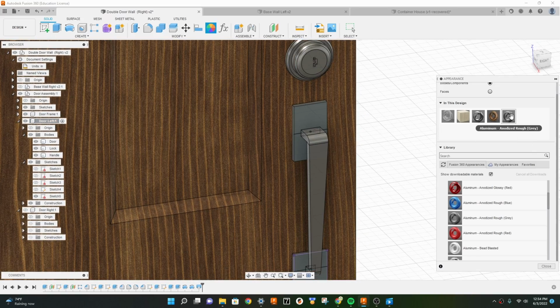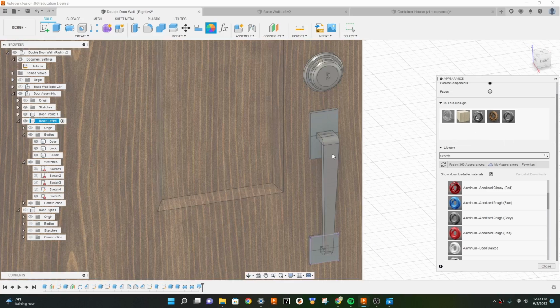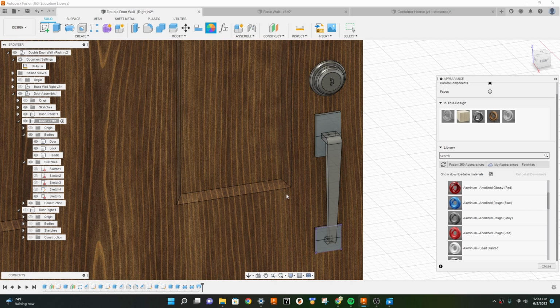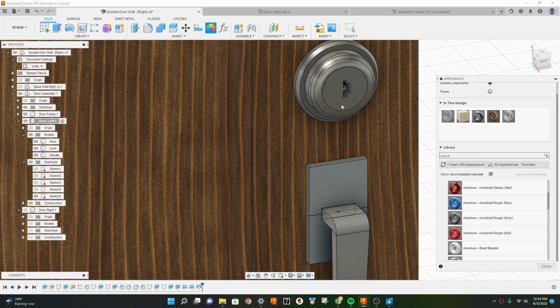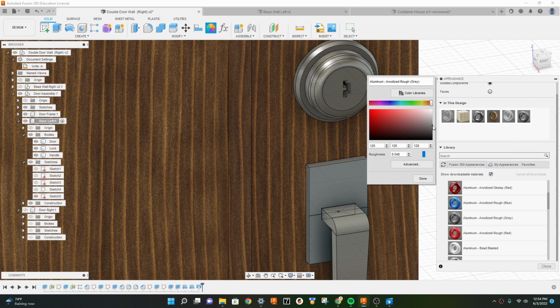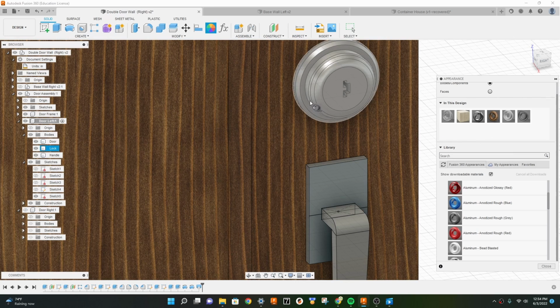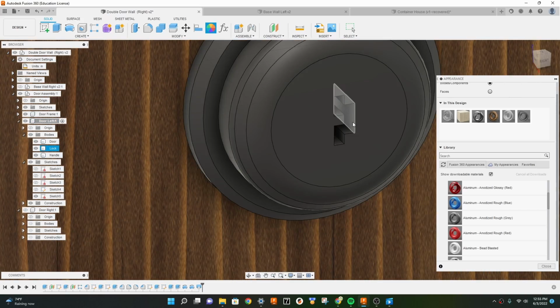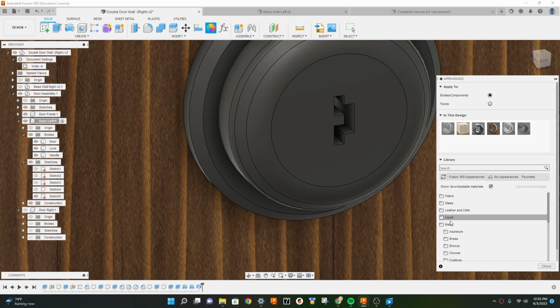So let's see how this looks. Maybe a bit lighter. Okay, that's good. So now for the actual lock itself, I want to do a bit of a darker aluminum. So I'll do the same aluminum and maybe just a tad bit darker here. But now for the actual key part here, I'll do a brass-like